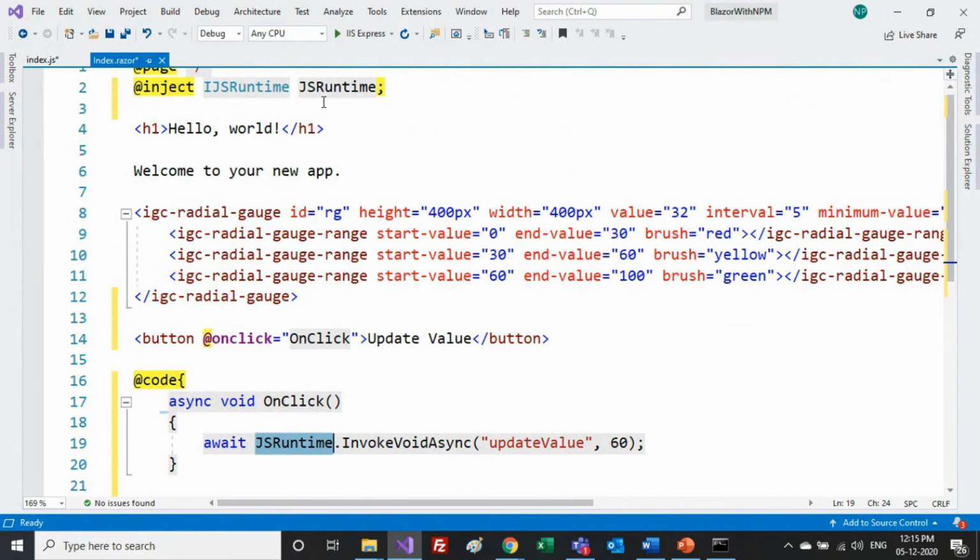As I told you in the beginning, you don't have to worry about the instance. Our Blazor dependency injection container will provide it, and we have a predefined function called InvokeVoidAsync. Why void? Because it doesn't return anything, it's just assigning some property. The function name should be update value.